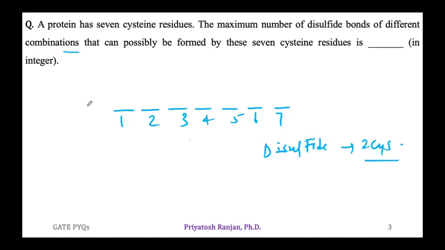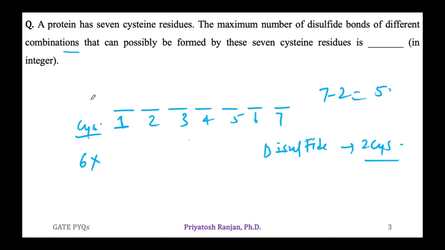Now, what we need to understand, so let's say what is the different possible number of combinations for the cysteine 1, and it can either form a disulfide bond with the cysteine second, third, fourth, fifth, sixth, or seventh. So the total number of possible combinations are 6. Now, the other concept which we need to keep in our mind that once the cysteine 1 has formed a disulfide bond, the total available number of cysteine residues are